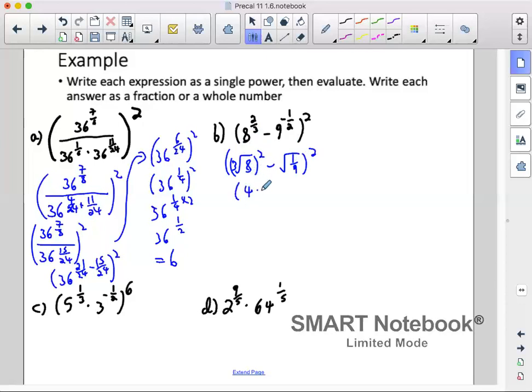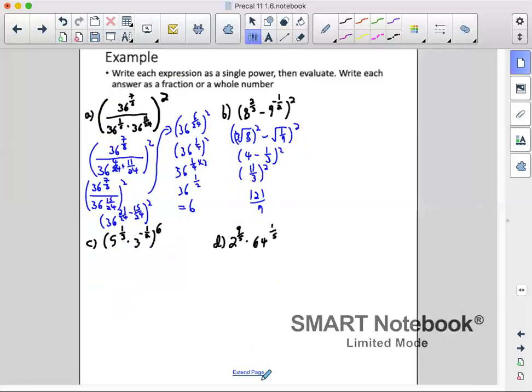So we've got 4 minus the square root of 1 over 9, which is 1/3, squared. 4 minus 1/3 is 11 over 3. That's being squared, so that gives us 121 over 9. Continuing on,